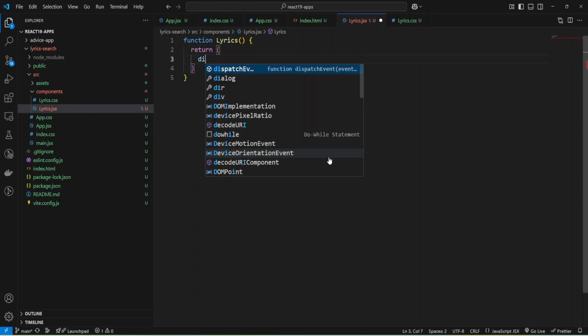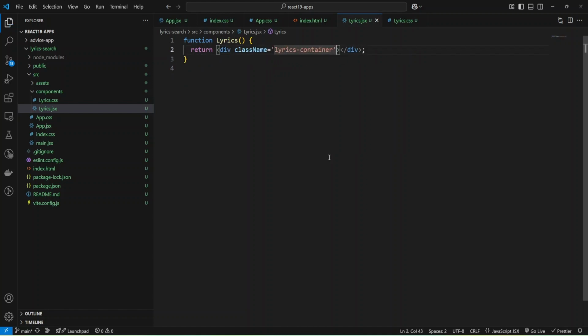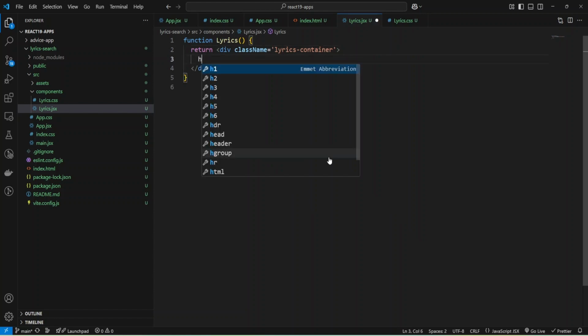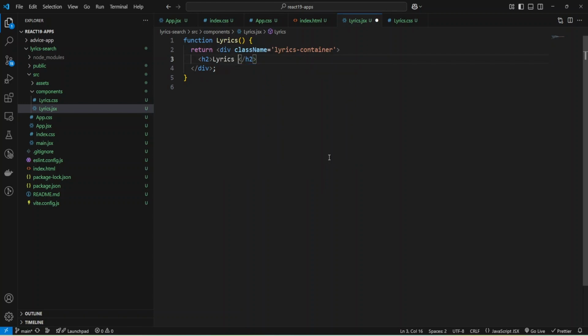I'll use a div and make it a container, and let's add the class name lyrics-container. Okay, and inside the container I'm going to add an h2 tag, and let's add Lyrics Search. And I need to return JSX.